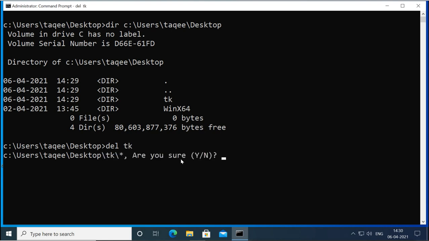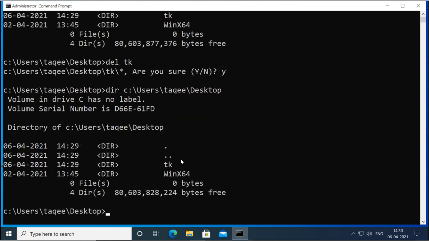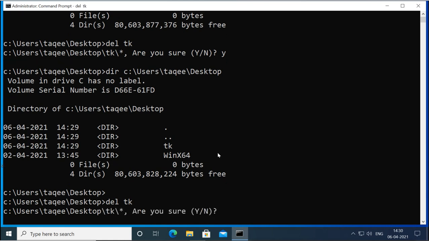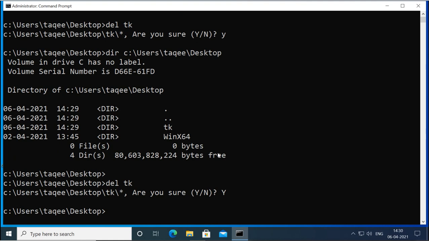It says, are you sure you want to delete? I say yes, and now it is deleted. Now when you check with the dir command, it says that there is no file. It is not deleted actually. Let me try again. Okay, I have to give yes, and let's say